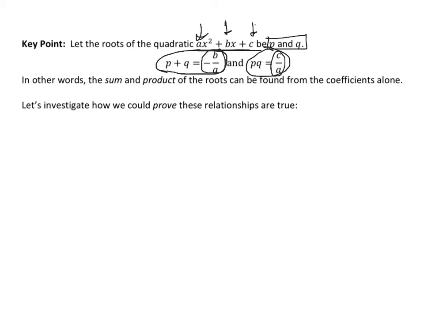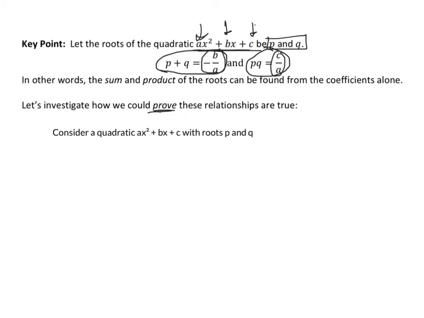Now remember that in this course, we have a focus on analysis and the approaches that we use to mathematics. And one of the big ways that we approach mathematics is through proof. And so I want to talk about how we could prove that these relationships are true. Let's go ahead and start this proof the way that we start all of our proofs, with a consider or a let statement. So we'll say something like, consider the quadratic ax squared plus bx plus c with roots p